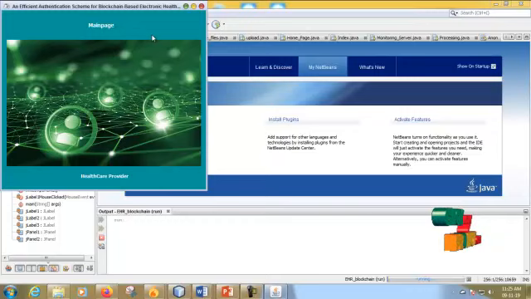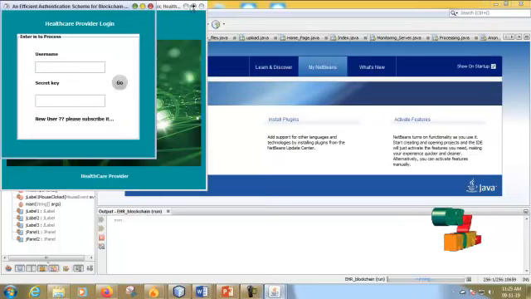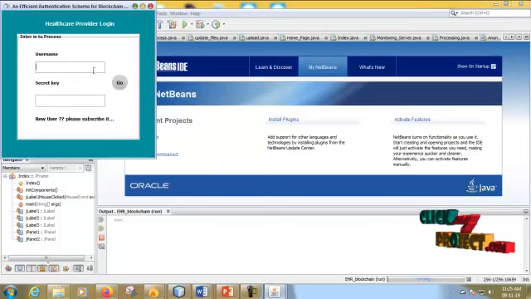This is the main page of our project. In this you click healthcare provider, so you get the healthcare provider login. If you are a new user you register, if you are an old user you directly log in to the process. So now we have to register.